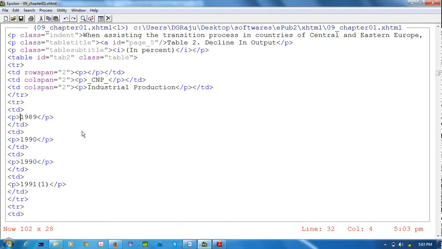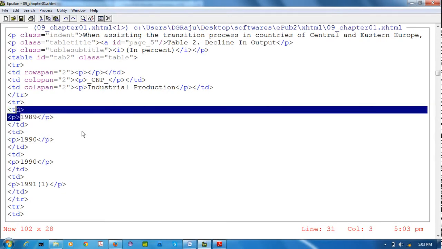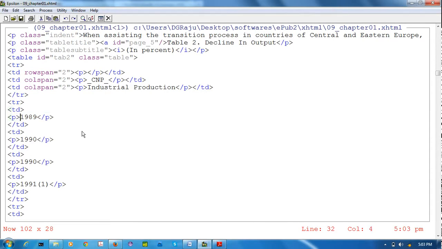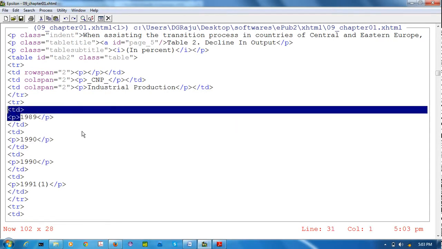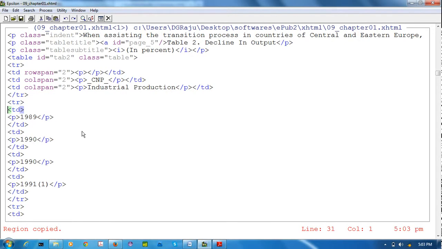Means I have to remove the enter before the paragraph after TD. I am copying it by selecting from here to here, copy, replacing Alt R. I am pasting it, means TD. This symbol is for enter. Okay, in epsilon, enter, pasting.